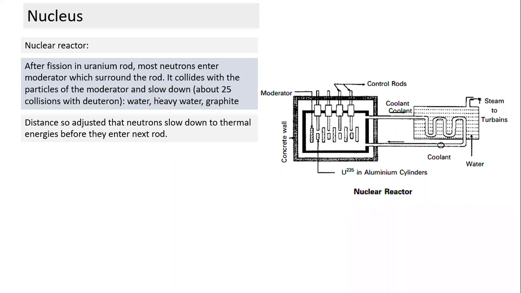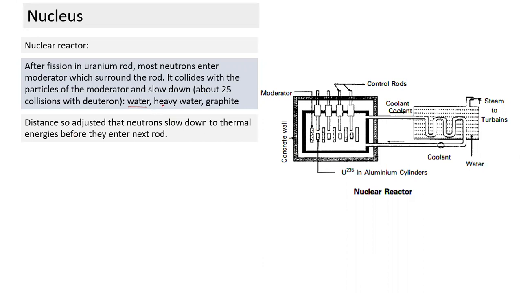So what makes the slowing down process faster? If the moderator has atoms which are of similar size as the neutron, then a lesser number of collisions will slow it down. What is the material we use? We use materials which are commonly used. Water is the most common one. Natural water is used as a moderator.